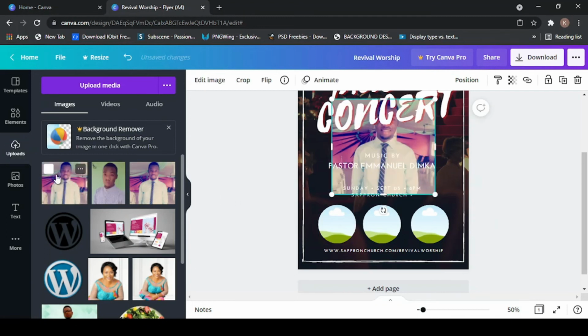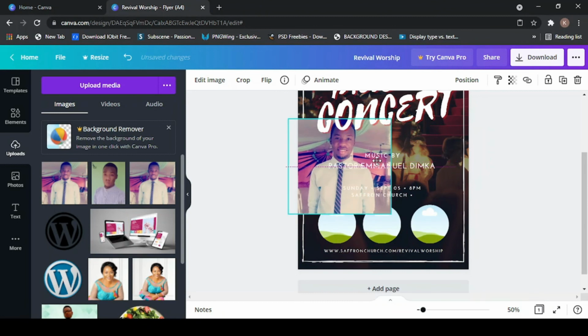Okay, so I have this picture selected. I've just imported this picture, so it's here now. When you select it, you have the picture here. Now you have to drag this picture, and